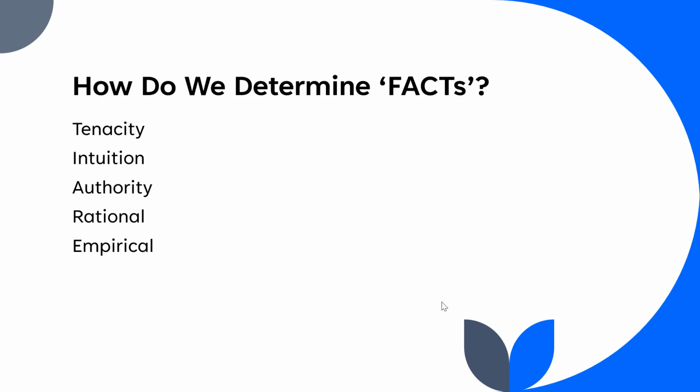The rational method is the process of employing reason as a source of knowledge. The rational method seeks to answer questions by logical reasoning. People typically begin with a set of known facts or assumptions and use logic to arrive at a conclusion. Examples might include two premise statements like the following: pizza has tomato sauce, that's number one, and tomatoes are healthy, that's number two. Therefore, pizza is healthy. That's number three, the conclusion that's made off the two premise statements.